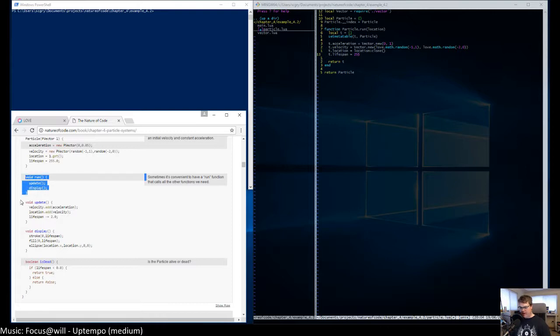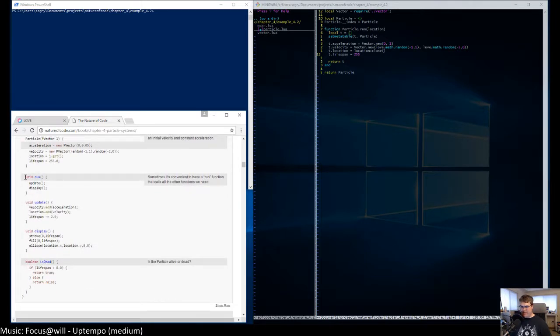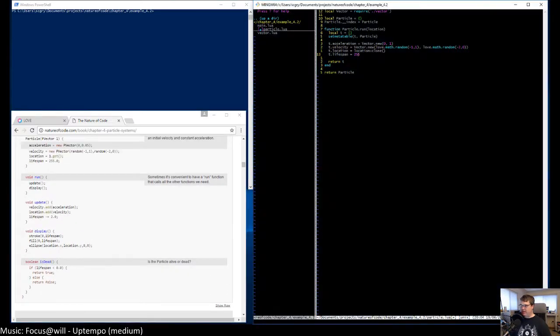The reason he does this separately here is because in Processing, the language this is built in, they only have draw in the main file. But we have update and draw, so we don't need to have this run here. We'll just have an update and display separately.